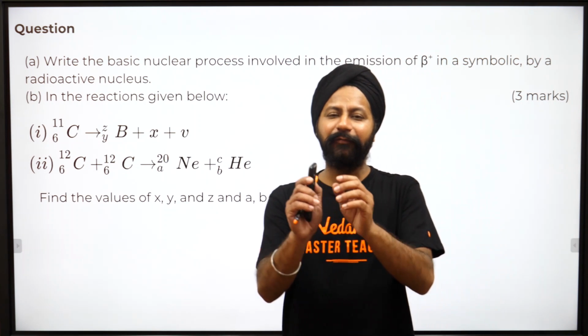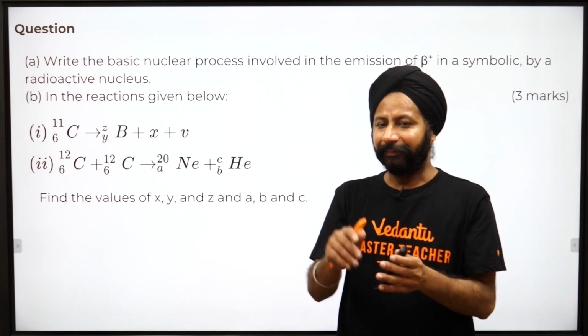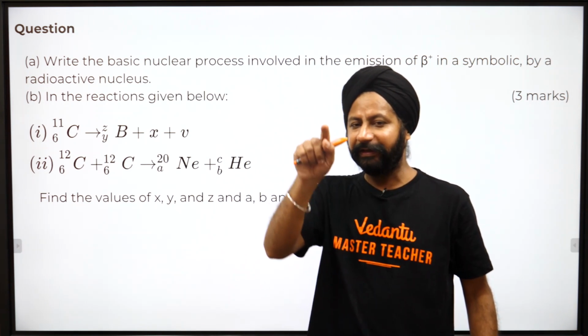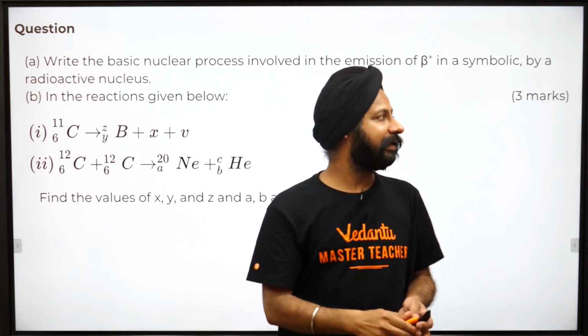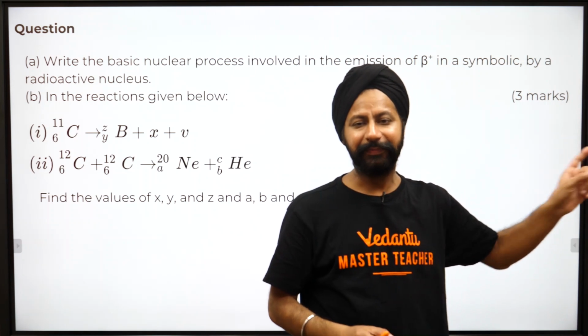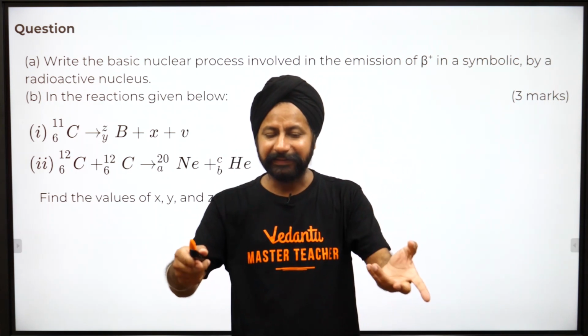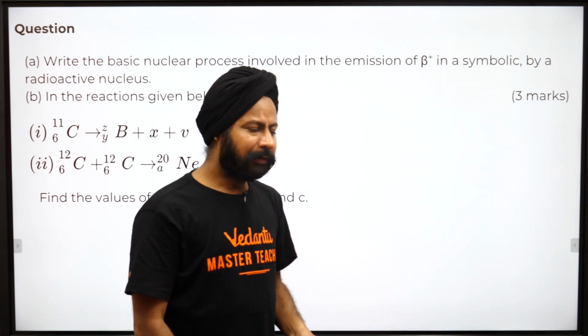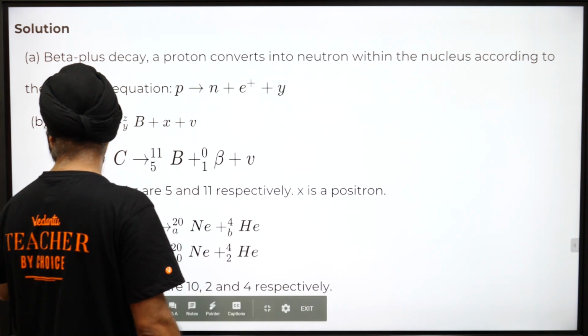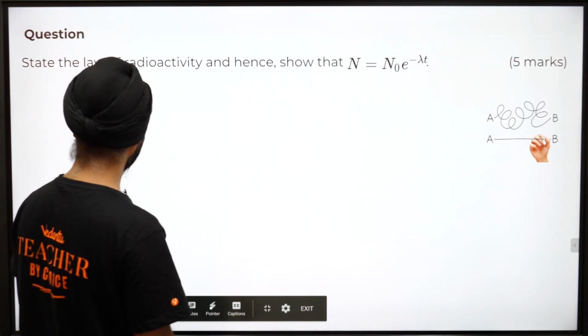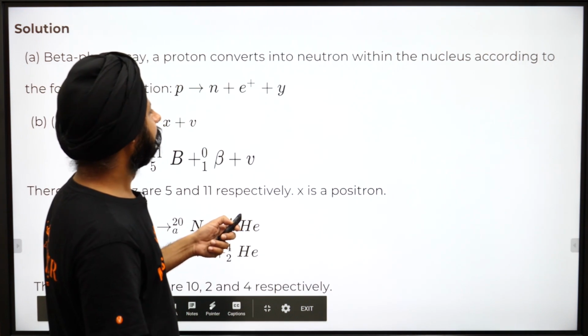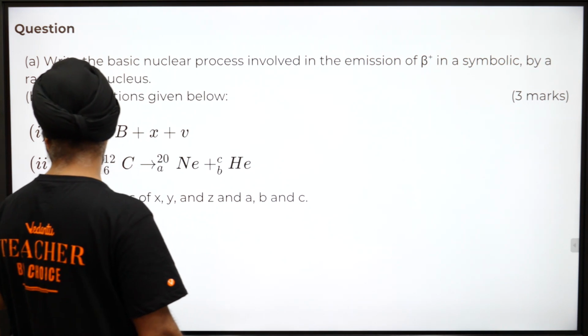They're not talking about what happens to the element as such. Many students start by writing X ka ye or it gives out beta. No, they are saying inside the nucleus. Abhi emit nahi hua hai. What is happening inside the nucleus? What happens inside the nucleus is this. Look, let's go back here. कहाँ गए? हाँ, ये रहा क्वेश्चन, ठीक है.